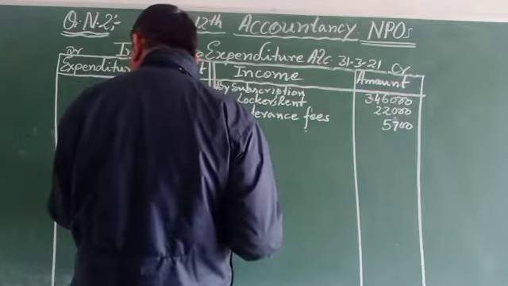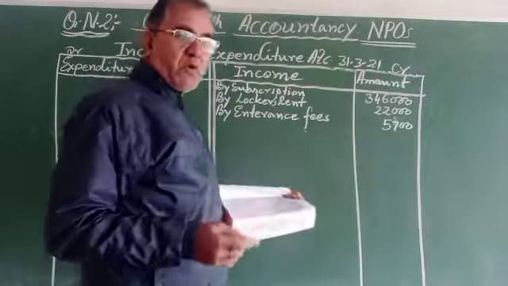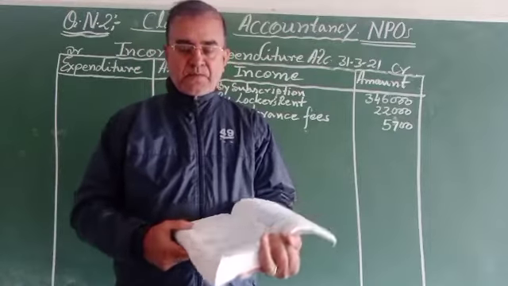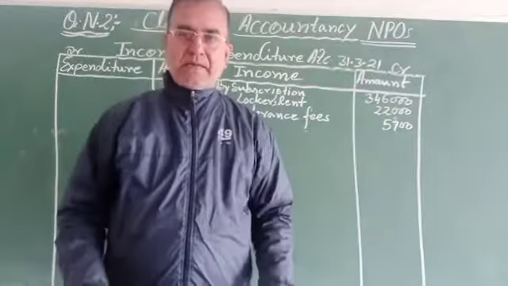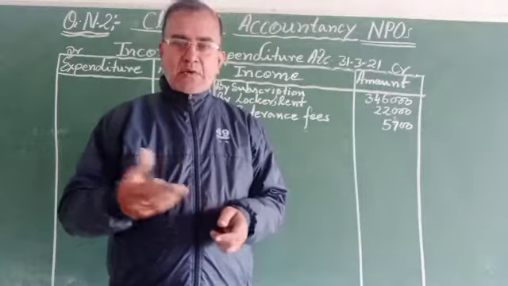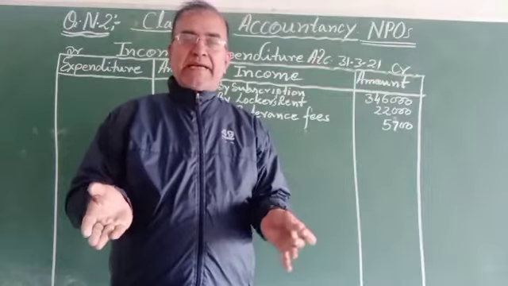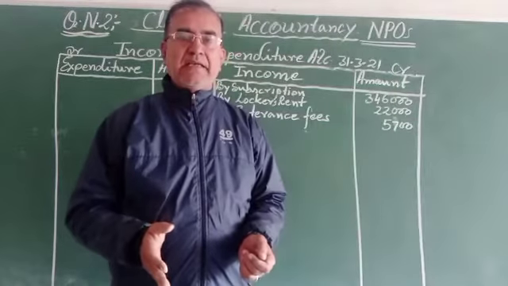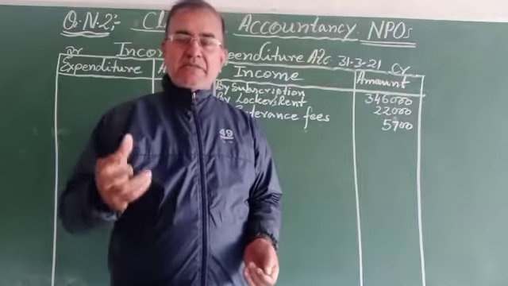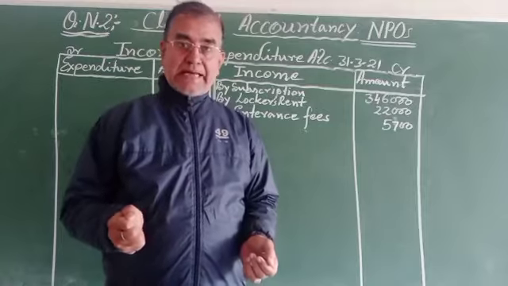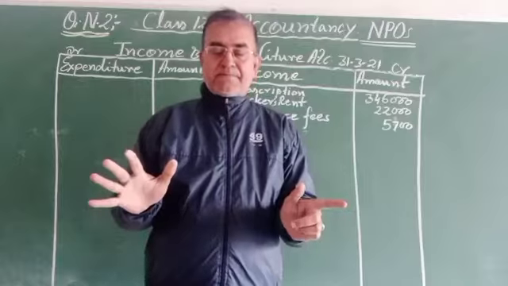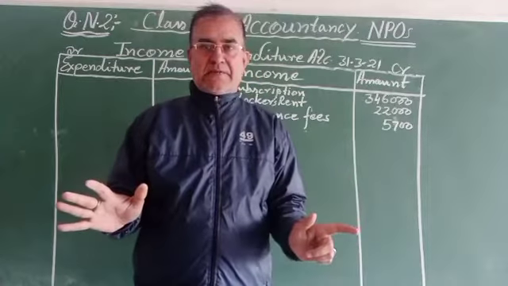Then after the donation for the swimming pool, I would like to tell you about the donation. There are two types of donation. A person who has much influence in society donates for the welfare of society. They want to serve the society, and they donate a certain amount. The two types are general donation and specific donation.